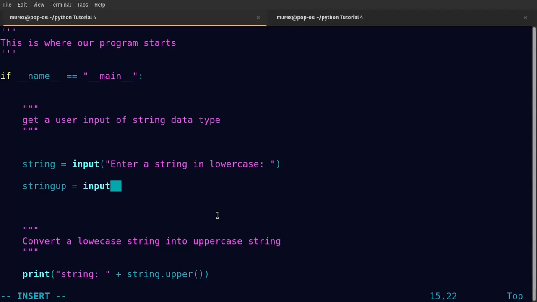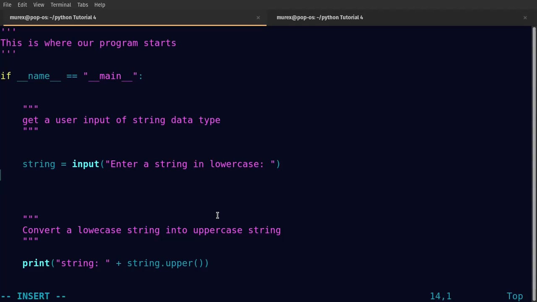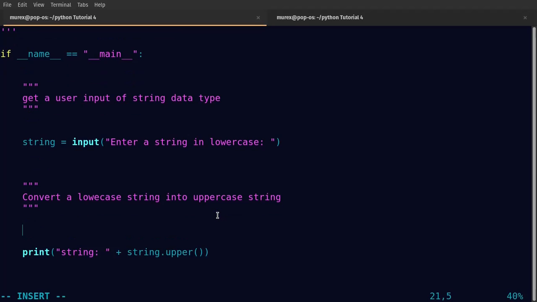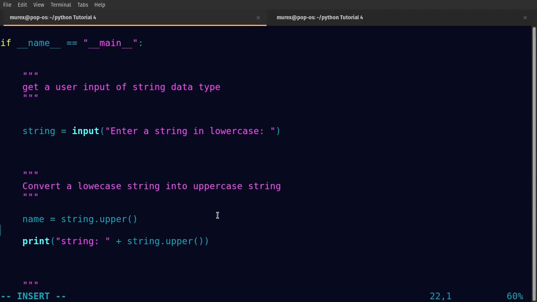But wait, okay, cool. Let's just do it this way then. Instead of having that, let me just say name is equal to string dot upper, right? So that way we can reverse back